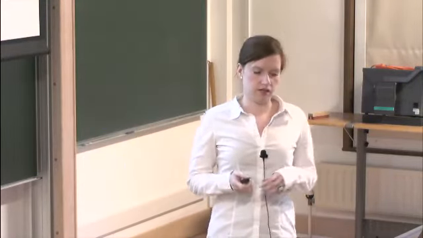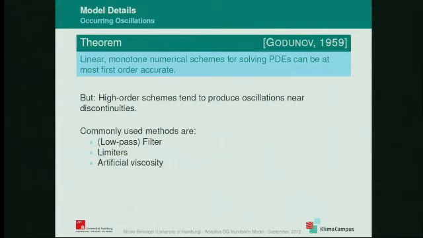Then there's one issue that especially comes up, I think, when one does wetting and drying or storm surges or whatever one wants to call that. It's that it is known that just linear monotone schemes can be at most first order accurate. That's a theorem by Godunov from '59. But if we want to go for higher order, we might produce oscillations in the discontinuities. So we need to do something about that to fix it, to remove oscillations that are unphysical and just basically created by the numerical